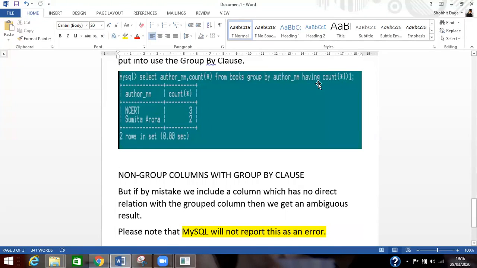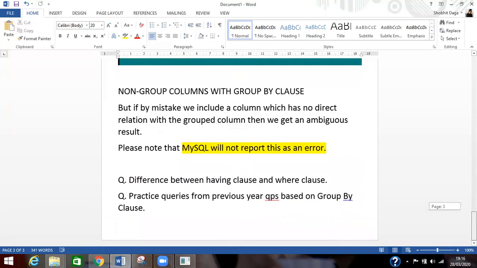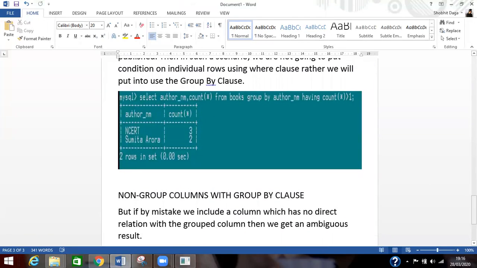So it is not necessary to have a condition which is directly relevant to what is present in the select. But what may happen if we place a column which is not relevant and which may not have a direct connection with the